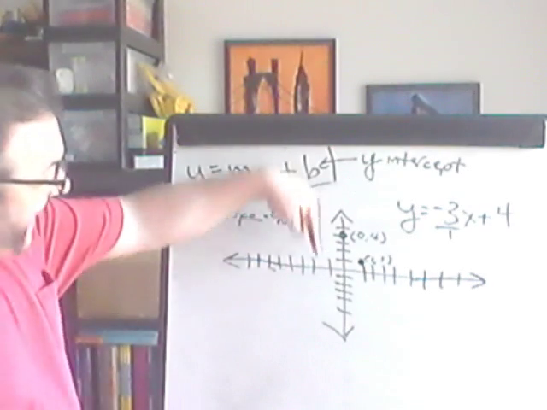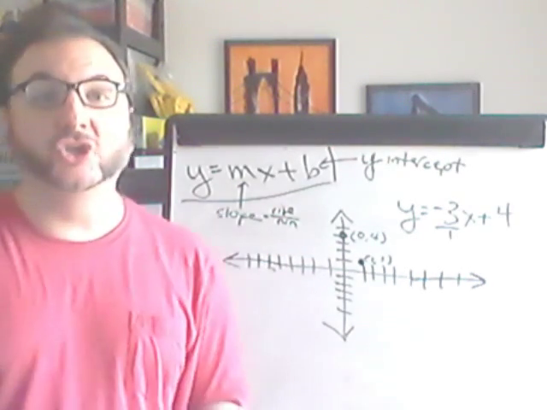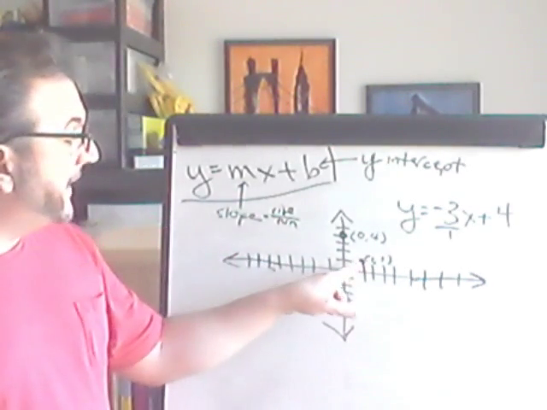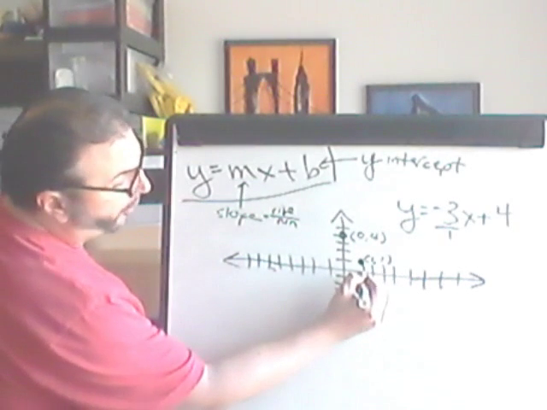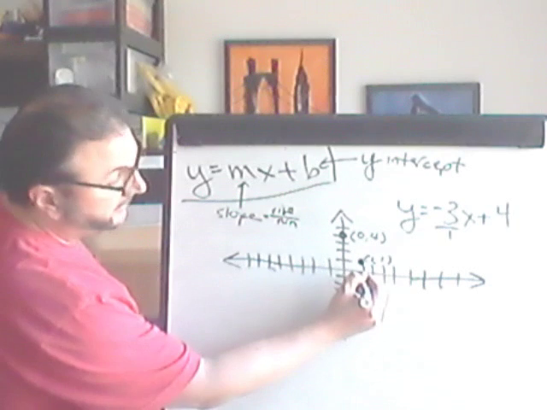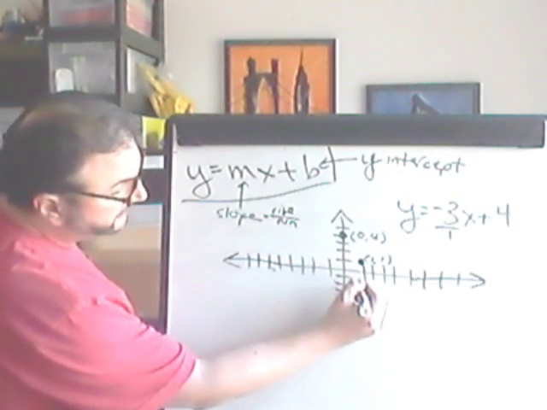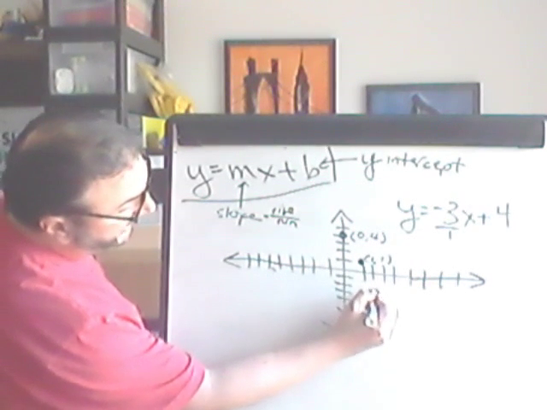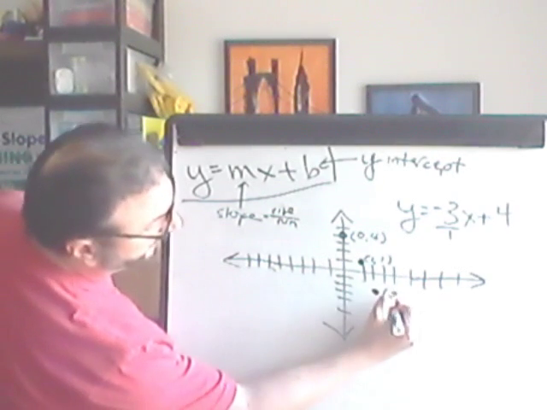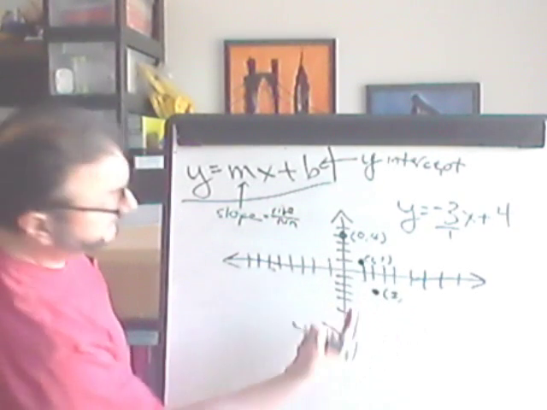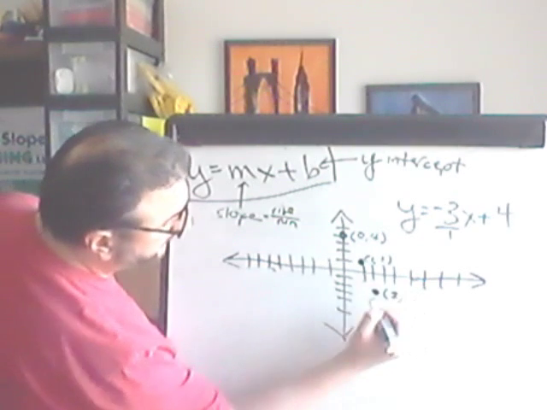Okay? So I went down 3, right 1. I'm going to do it one more time, picking up where I left off. I don't go back here. I go right here. Go down 3, 1. Remember, this x line counts. 1, 2, 3, and 1 to the right. There we go. And now I'm at 2 on the x line, or x-axis, and -2, sorry,